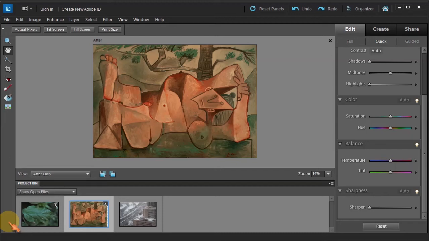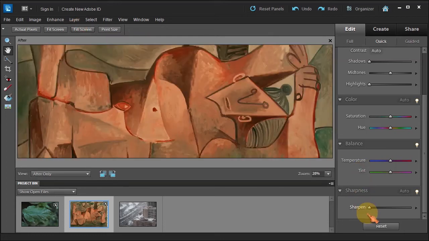So what you do is you exaggerate the differences between the pixels and the edges to make it look like it's more in focus. Remember, sharpness does not actually focus a photo. It just exaggerates the difference to make it look like it's focused. By moving the sharpness slider to the right, we will increase the sharpening. And let me click on fill screen, so maybe we can see this a little bit more. And then let me move this to the right. If you move it all the way to the right, you can see that it over sharpens, and that doesn't look right. So let me bring it back down